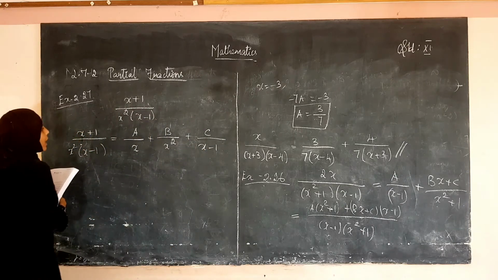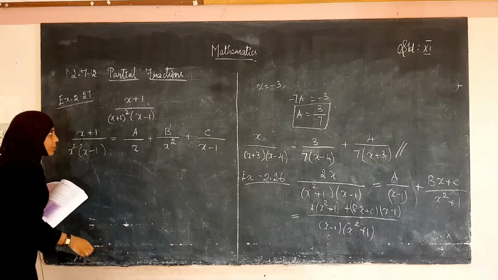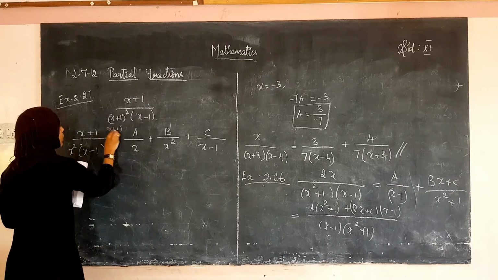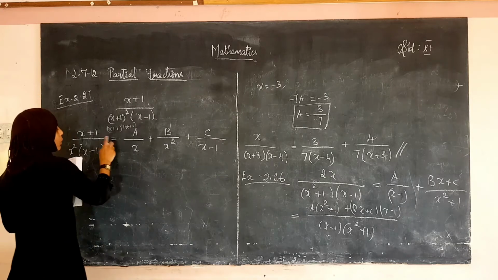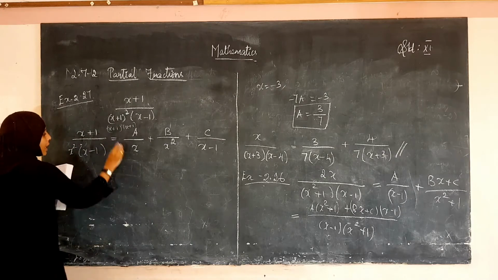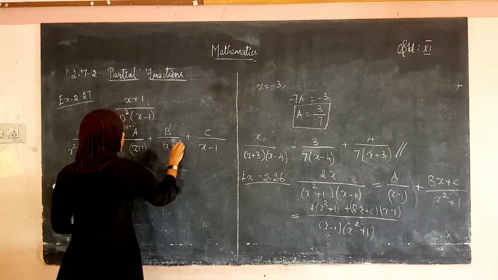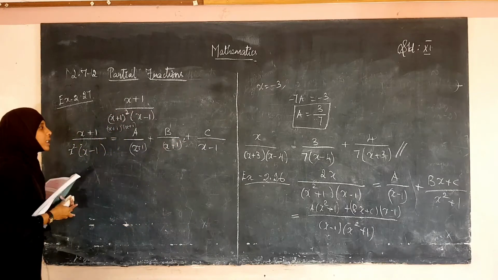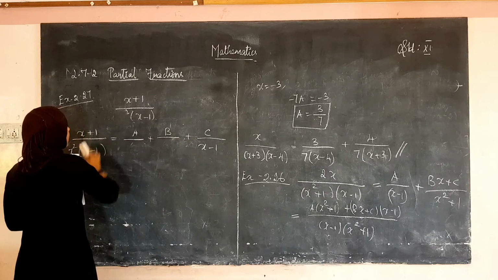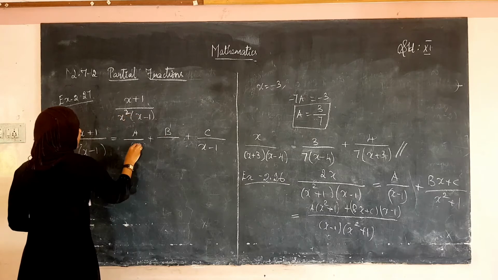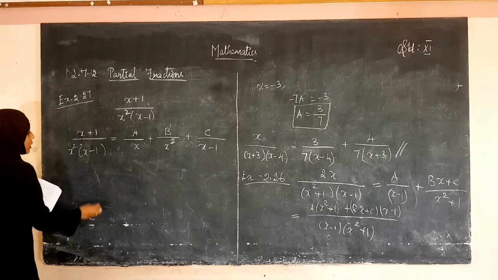See, if we have x plus 1 the whole square, we can write it as two factors, x plus 1 into x plus 1. But instead of writing that, how we have to write is: if x plus 1 the whole square is there, a divided by x plus 1 only, plus b divided by x plus 1 the whole square, plus c divided by x minus 1. This is how we have to resolve. Okay. But here in the question they have given x squared, right? X square. So a divided by x plus b divided by x squared. Okay. Now shall we solve this?